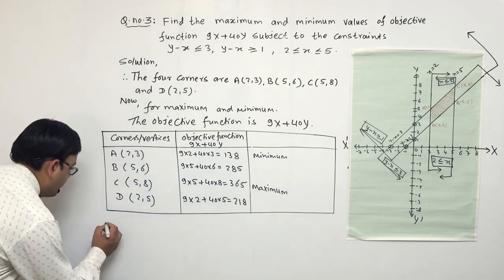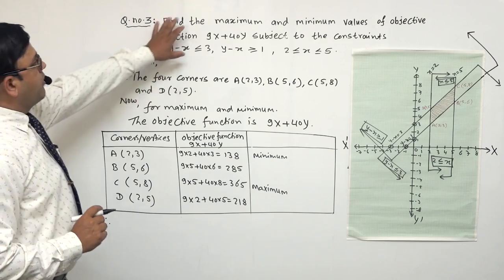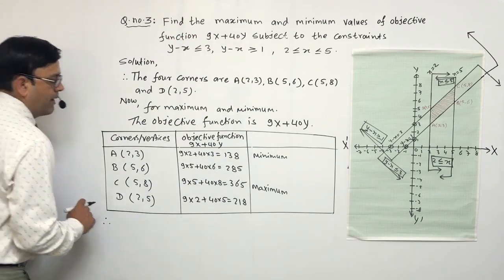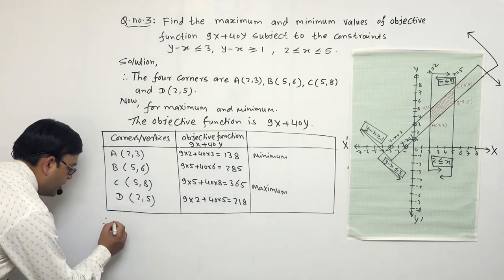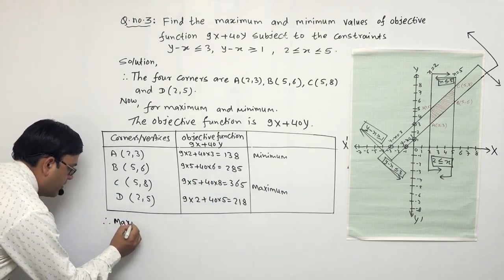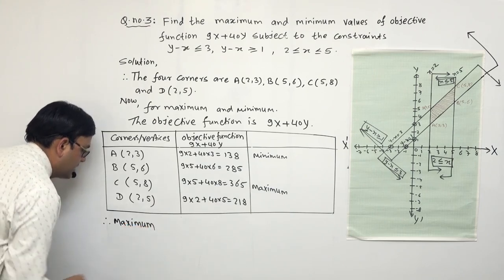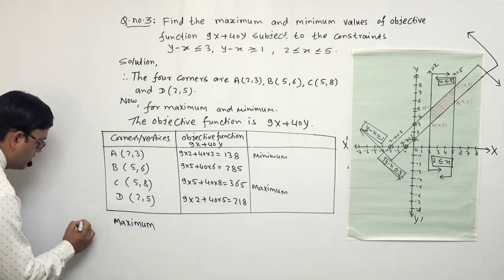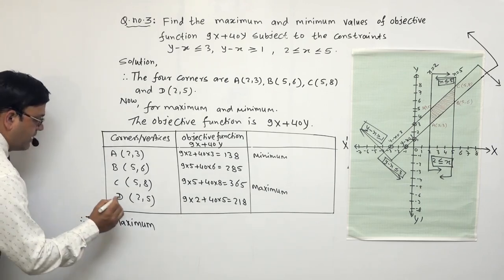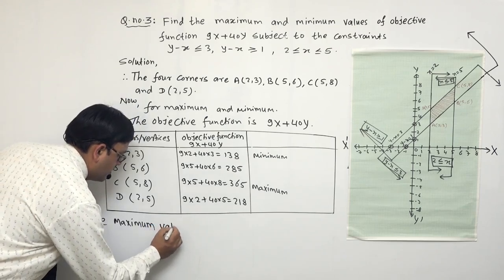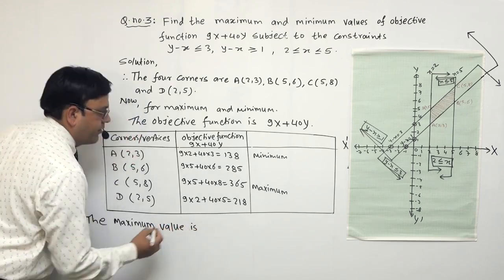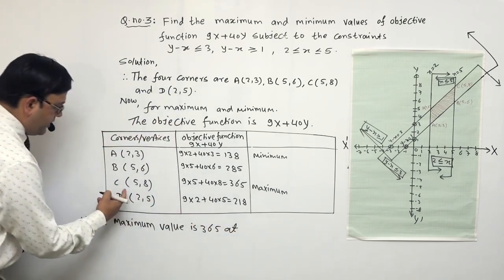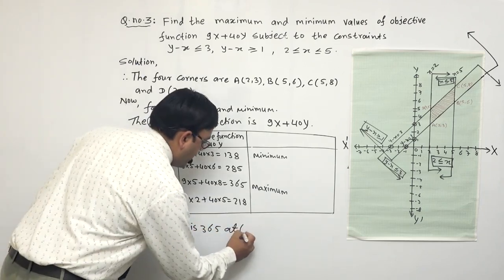Therefore, according to our question, we have to find the maximum and minimum values. So maximum value is, therefore the maximum value is 365 at which point? 5,8. At 5,8,